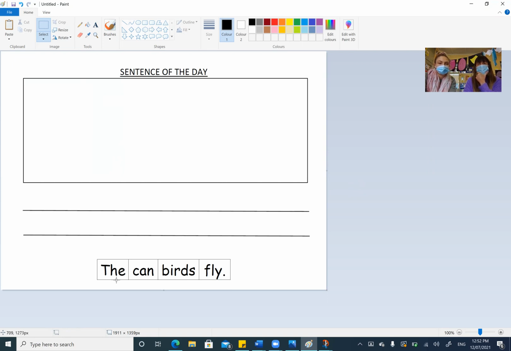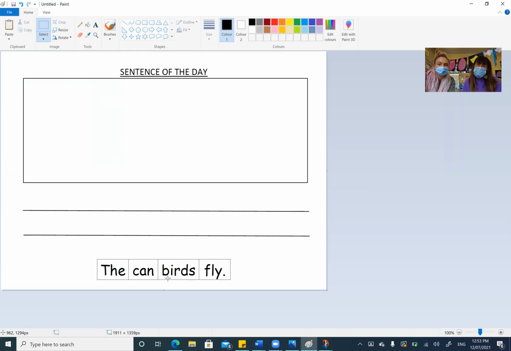All of these words are either a tricky word or a sight word, or they're a word we can work out. We can look at the beginning sound, we can put sounds together. We'll have a look at each word separately. The first one we know straight away, I bet everyone can tell me the word is the. Excellent. The second word is one of our sight words as well, but we can also pull it apart. Can. Using our bubble gum, we know that the word is can. The can.